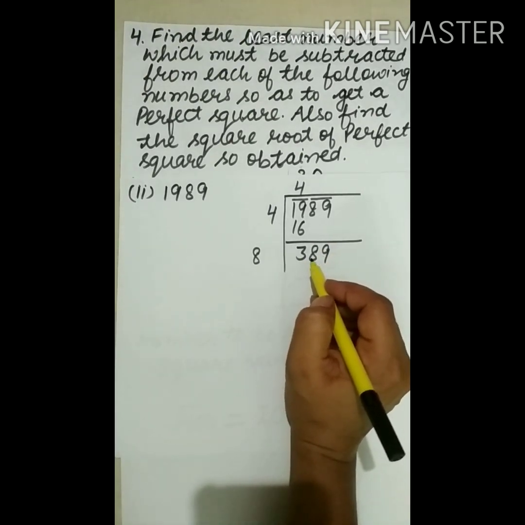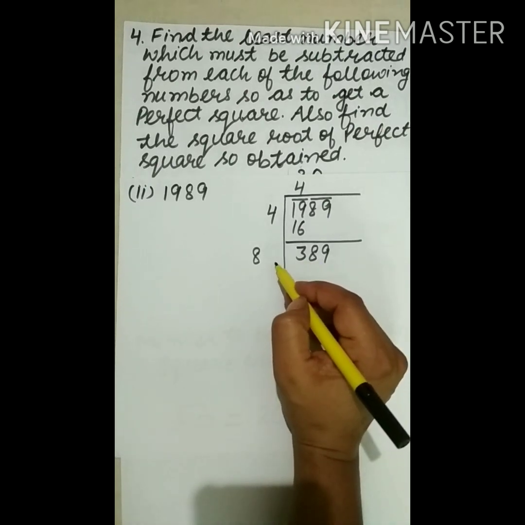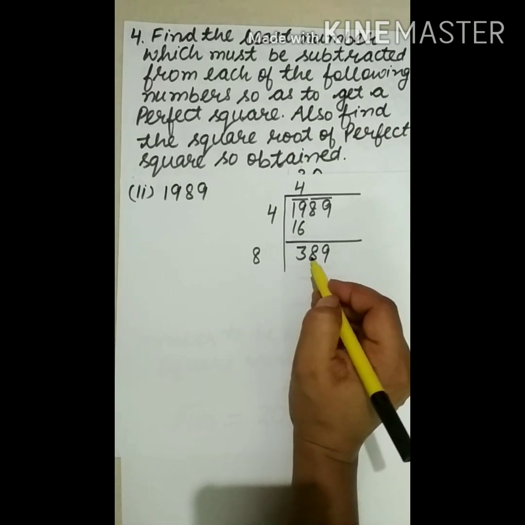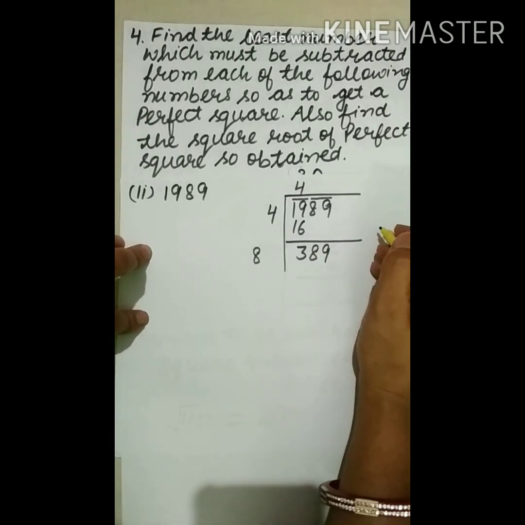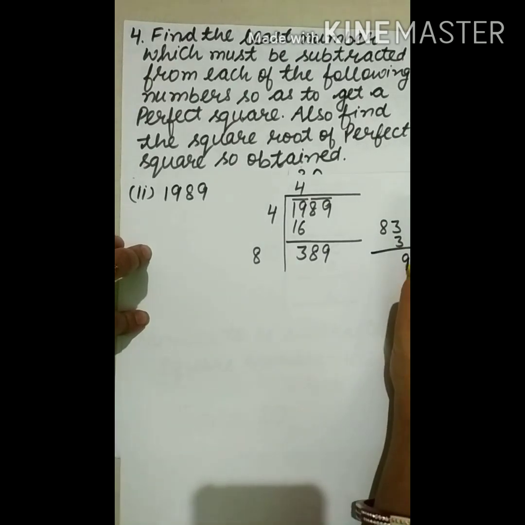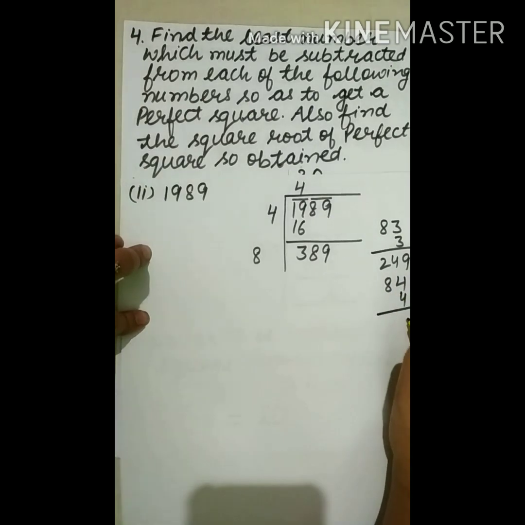Of course, the number we will find will not be equal to 389. So we will find the nearest number, approximately, which will be lesser than 389. Suppose firstly I'll multiply by 3. 3 3's are 9, 3 8's are 24, so it is not. Next I'll try 4. 4 4's are 16.